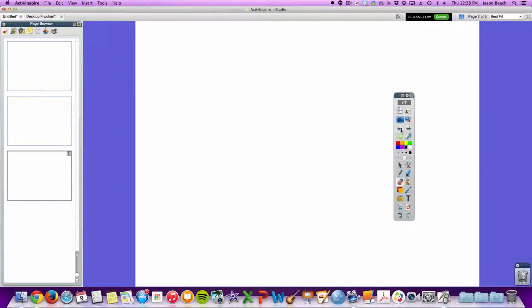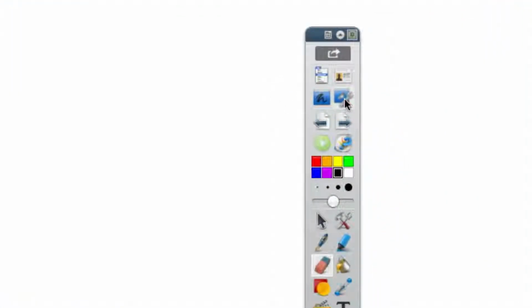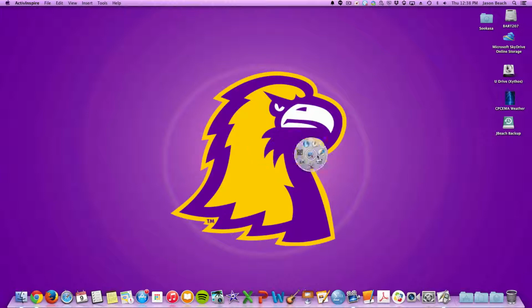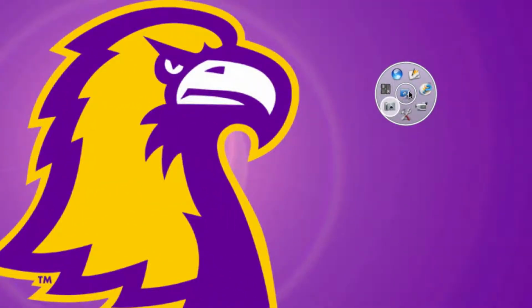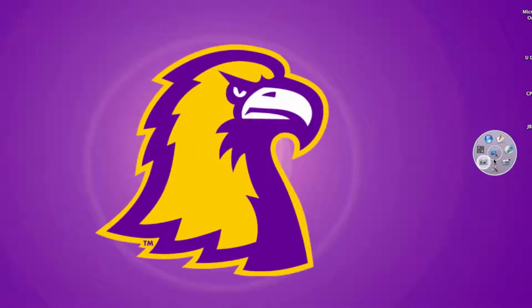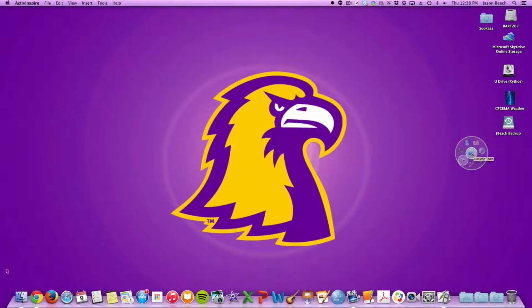Now, the next button over, this is your desktop tools. I love this button. When you press it, everything disappears except for this little desktop tool icon, which appears in the middle of your screen. Now the reason why I like this is because I can easily transition between the flip chart program and my computer. So I've got the desktop tools kind of running here in the background, and if I want to go to a specific website,